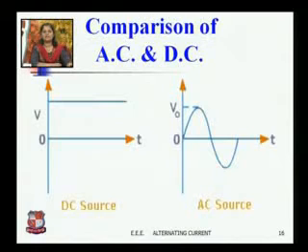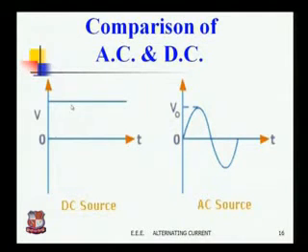Okay, this is another diagram which shows a DC quantity as well as an AC quantity. This first diagram indicates the DC source, meaning the direction as well as the magnitude of this particular quantity remains constant throughout the period. This is our time t. We draw one diagram which indicates the variation of voltage with respect to time. So this line indicates the magnitude of voltage and this indicates the time. Throughout the time period, your magnitude as well as direction remains constant. So this is your DC quantity.